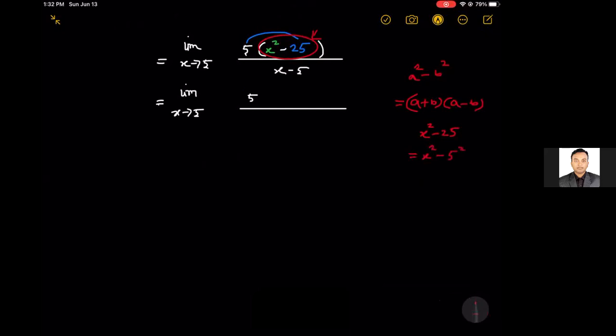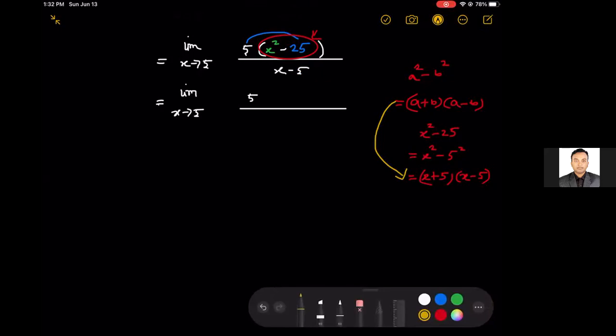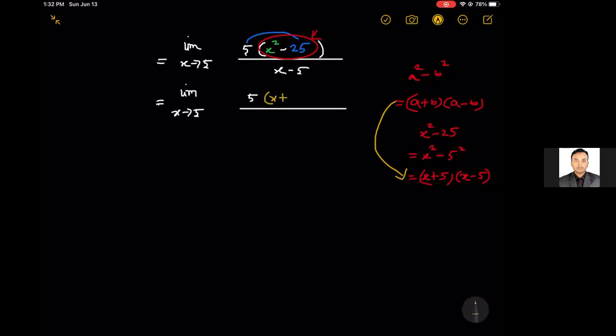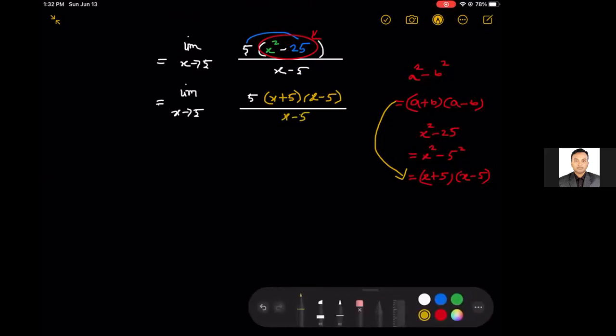Do you agree? And then I can use this formula to write x plus 5 times x minus 5. I'm just using this particular formula, right? So this would be x plus 5, x minus 5 over x minus 5. And again, we can cancel this out,